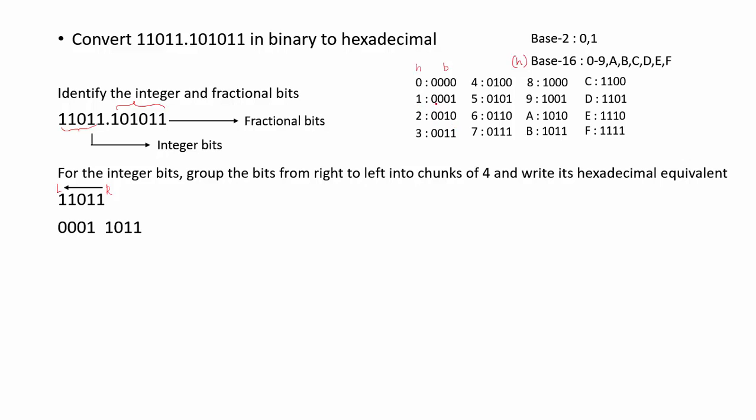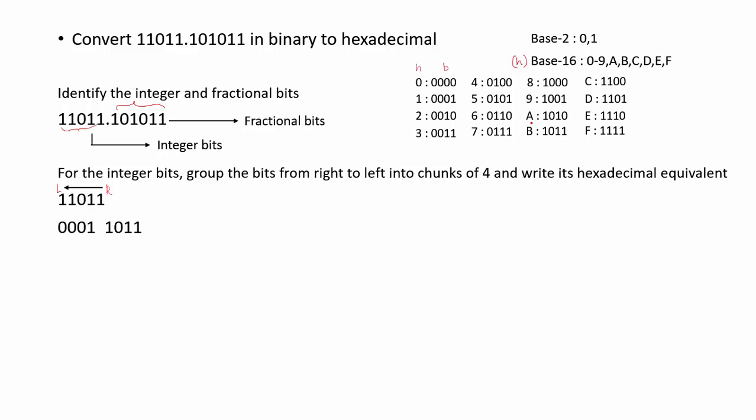Similarly, 1 will be 3 zeros followed by 1. 2 will be 0010. 3 will be 0011. 4 will be 0100. 5 will be 0101. 6 will be 0110. 7 will be 0 followed by 3 ones. 8 will be 1 followed by 3 zeros. 9 will be